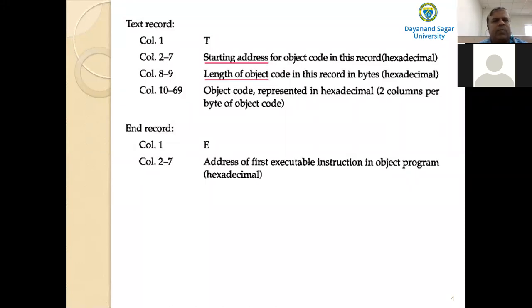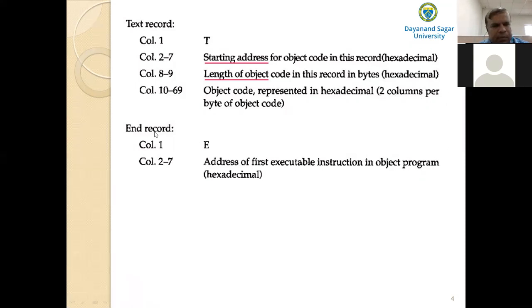Then columns 8 to 9 contain the length of the object code in this text record, in bytes. Columns 10 to 69 contain the object code, represented in hexadecimal, 2 columns per byte. So each byte is specified in 2 columns.